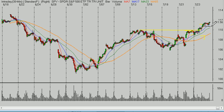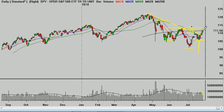We want to be mindful of support levels in the near term, such as about 110.70, and then this little area here at about 110.40, and then of course 110 is what we're going to be looking at, as far as that's where the breakout occurred. If we push back down through there, it will have trapped buyers. I think it will embolden some short sellers off that 200-day moving average